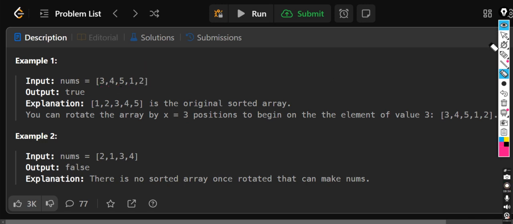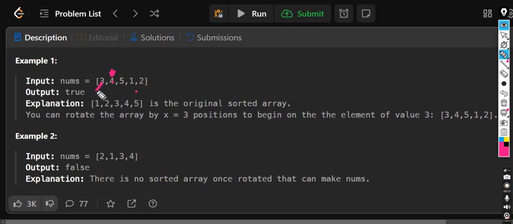So I'll tell you the main logic. What we have to return is whether this is sorted or not. So we'll first check this. We'll stand on the first index and we'll check the previous index. If this index is greater than the preceding index, it will be considered sorted, because if we are sorting in ascending order, this is the basic logic. But what happens when there are some conditions? They are sorted, but because of the rotated nature they are behaving in a different sense.